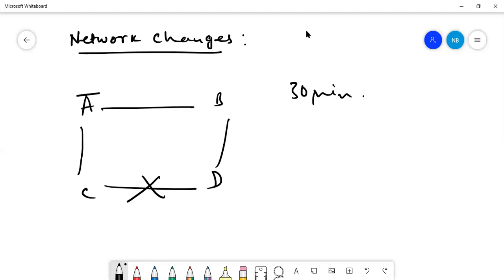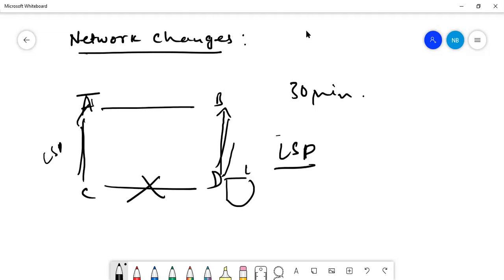Okay. So if there is any failure in the network or a network change, what happens? The LSPs will get updated by the neighbors. That is, D will be updating its LSP and forwarding that LSP to B, and immediately C also updates that there is one kind of failure that has happened. So LSPs will be updated and the databases or the tables will get updated. It will not wait for the 30 minutes if any failure or any change has happened; it happens immediately.